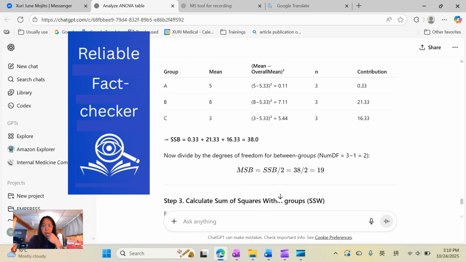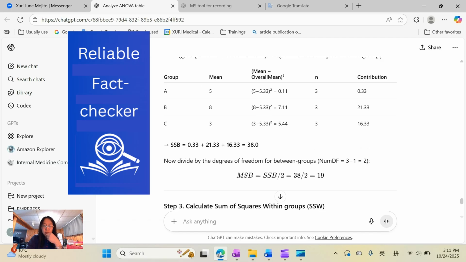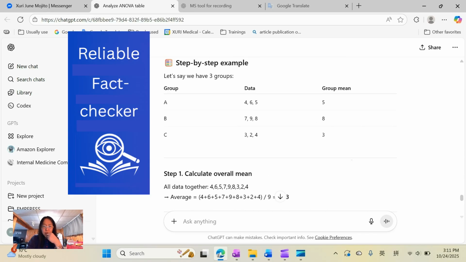That I understand, but now what's this? Group mean minus, sum of squares between groups. Oh, that's what I hated when I was doing my studies. But I didn't do a PhD in this domain though. Using this statistic, number of samples in that group, group mean minus overall mean. That I don't understand, why it needs that. I'm pretty sure it's